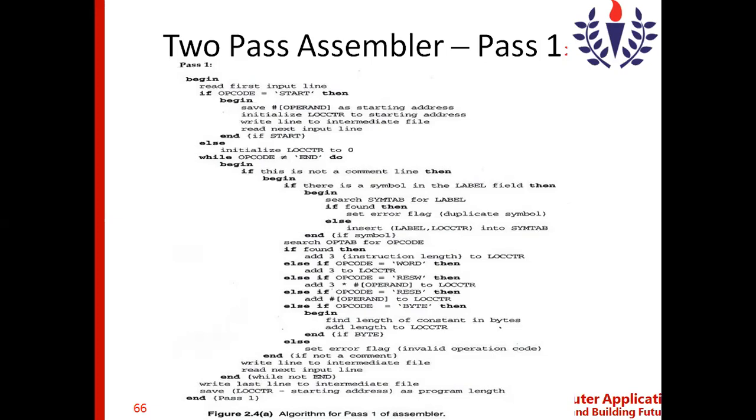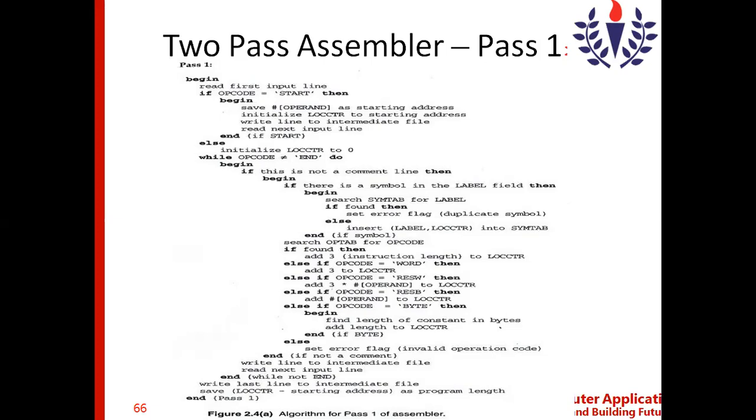Any one of these has to be there in the instruction. If it is not falling under any of these categories, obviously that is an improper instruction. That is how, in the else case, the information is given as invalid operation code. So we set the error flag and say invalid operation code. That is the end of that part.